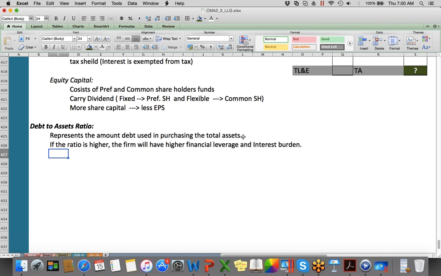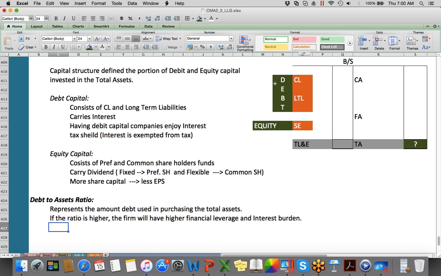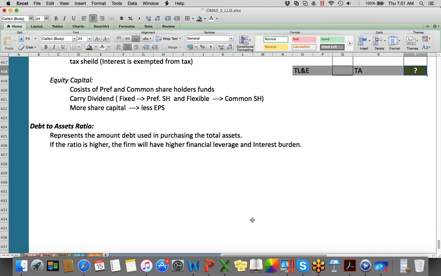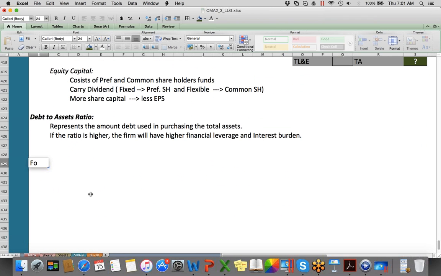So the ratio will be higher when the maximum portion of assets is contributed by debt capital rather than equity capital. When debt capital is used more to purchase assets, you will have an interest burden, and it is also called financial leverage, meaning you will have to sign lots of terms and conditions with the financial institutions when you borrow money. The debt to total asset ratio is calculated with the formula